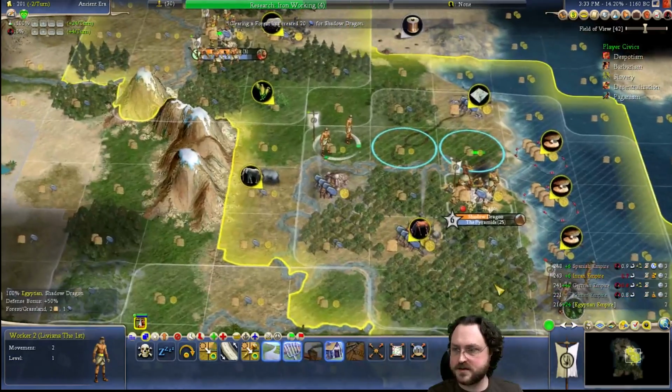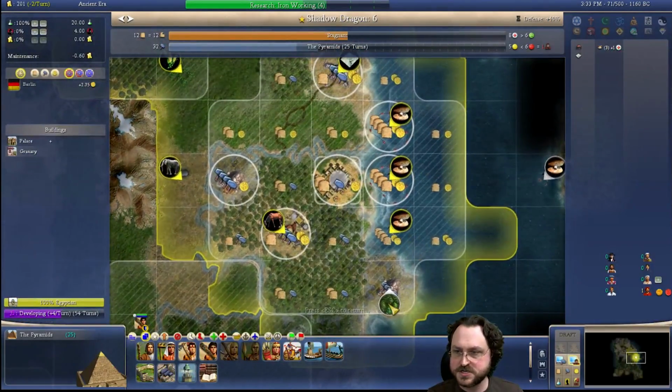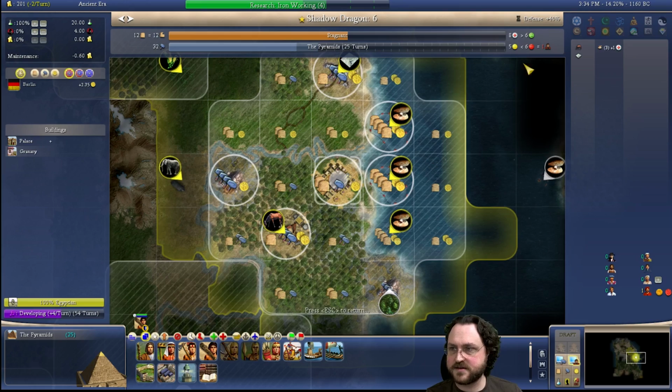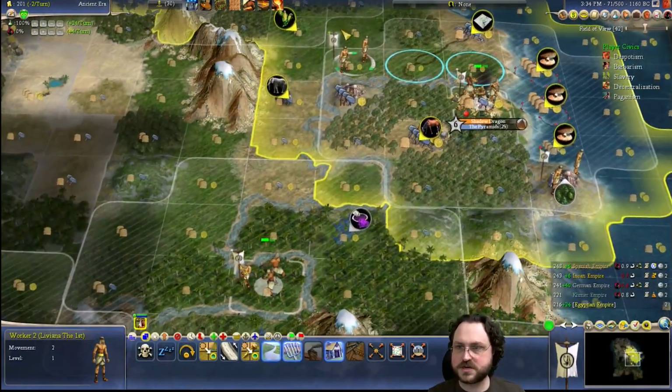Again, we chop the forest, giving more hammers to Shadow Dragon for the pyramids. And you're stagnant as is. If I do that, you'll shrink. I guess that'll be that. It'd be nice if we can get +1 happiness in here, which is mostly going to come...